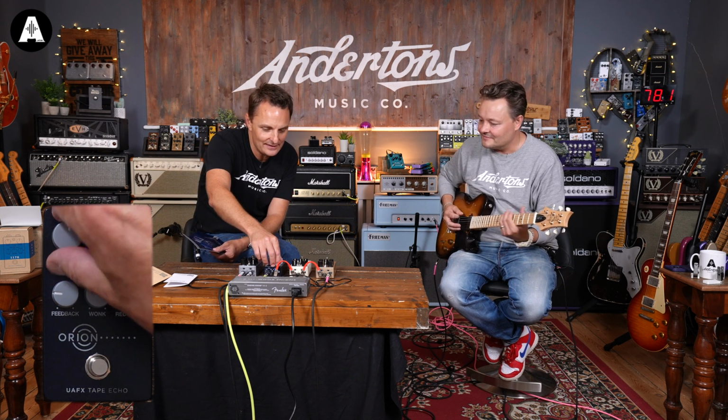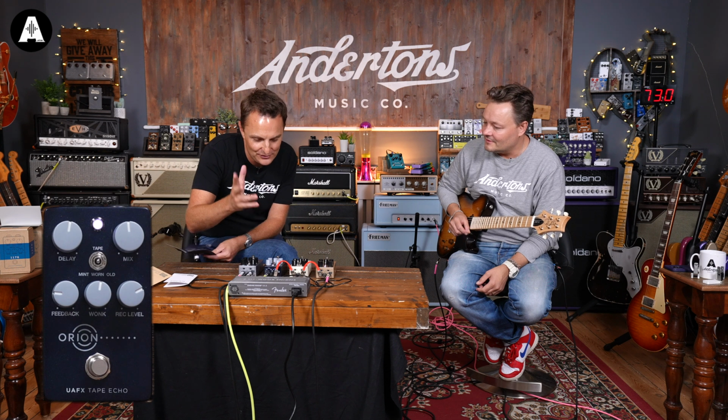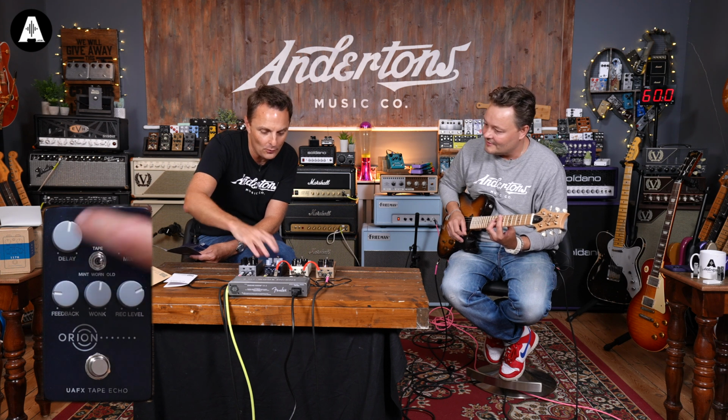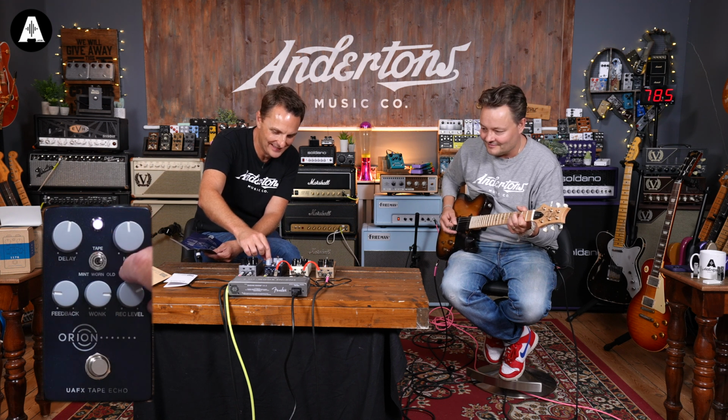Can't find the tempo. So it's got no... Sounds great, though. It's got no tap delay. It's got no sort of dotted notes or divisions or anything like that. It's just straight. Yeah, straight through. But listen to that. That sounds great. And let's go old. Oh yeah. With maximum wonk. Oh yes. Oh, the modulation through the wonk is...